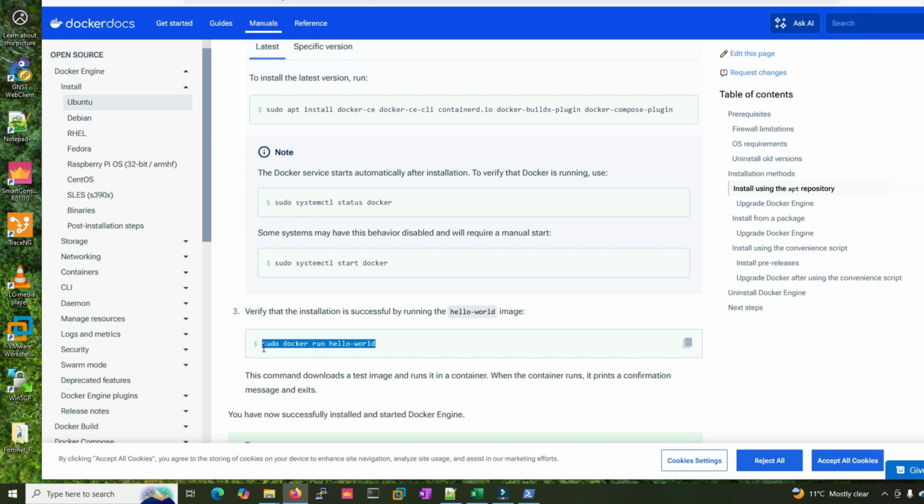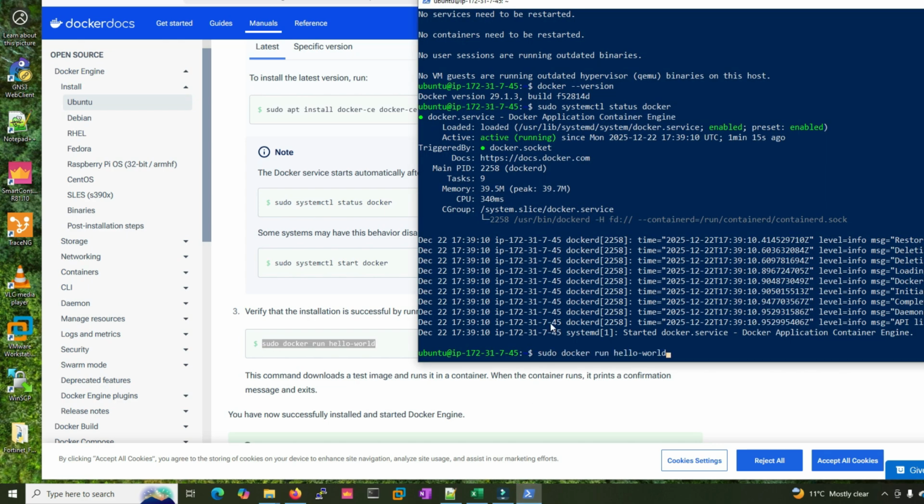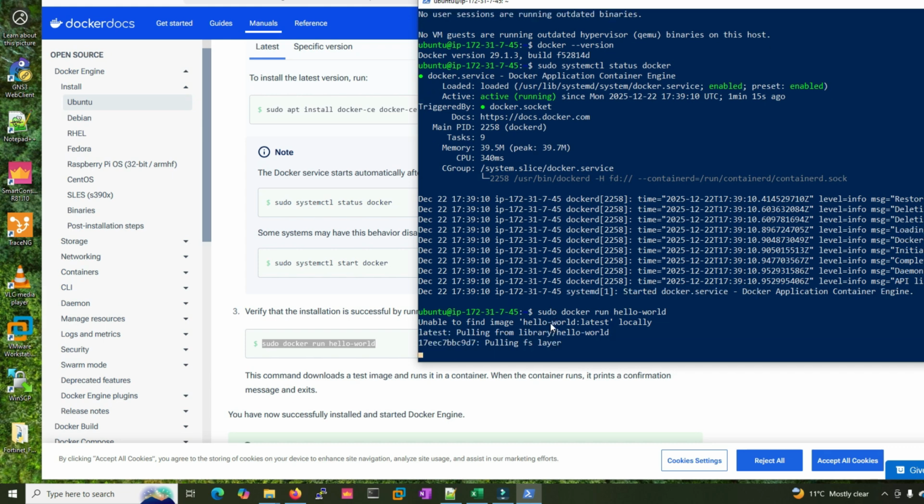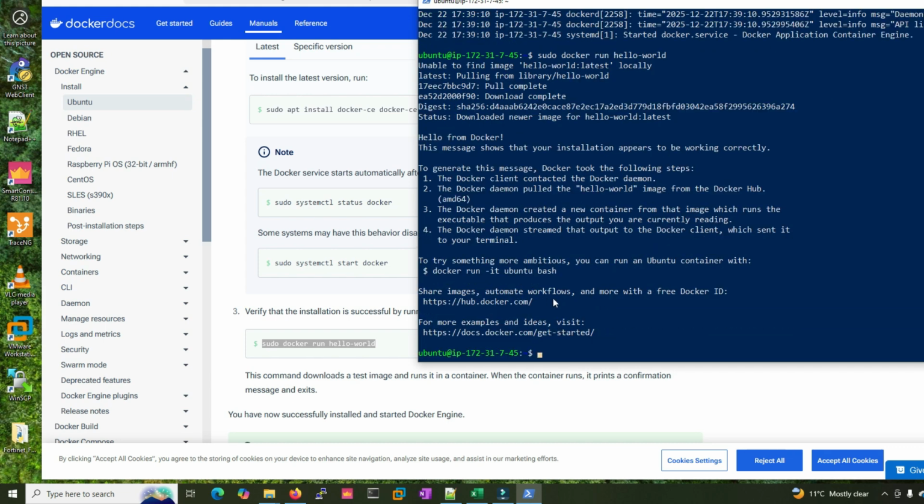Then it says unable to find the hello-world image locally. After that it's pulling from the Docker library. Now pull complete, download completed, downloaded newer image for hello-world:latest. So you can see 'Hello from Docker', which means we have successfully installed Docker on the